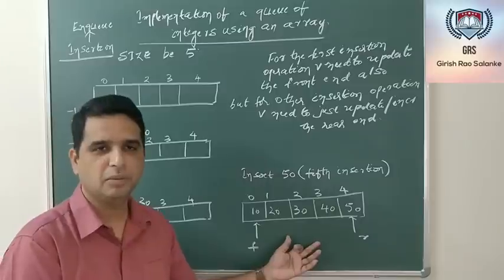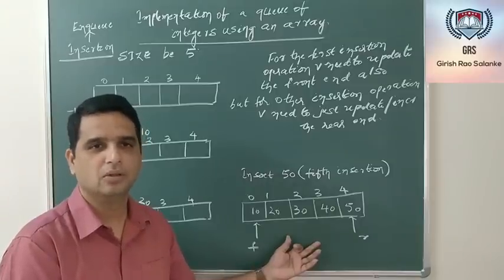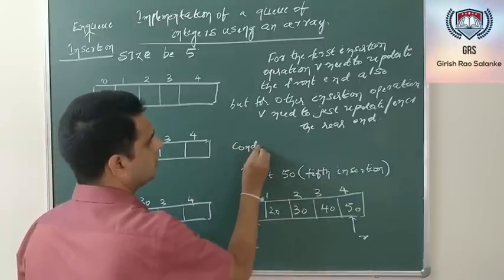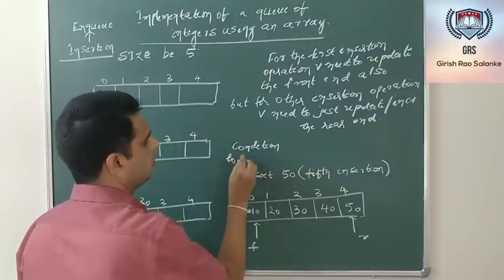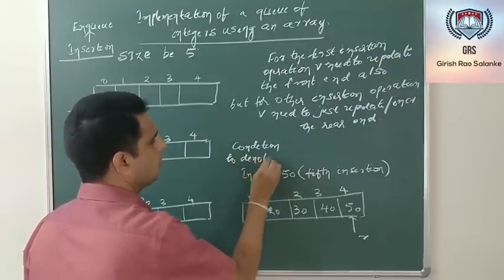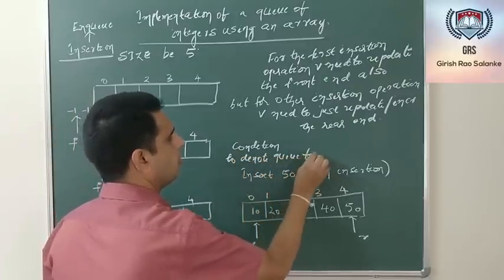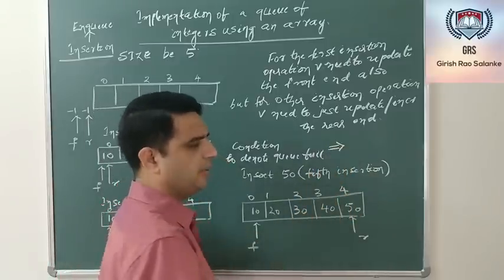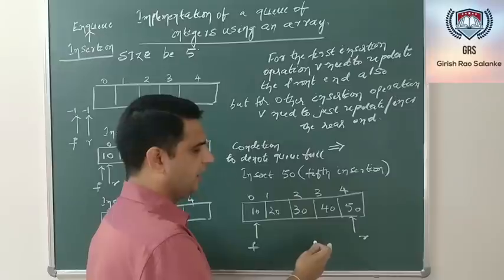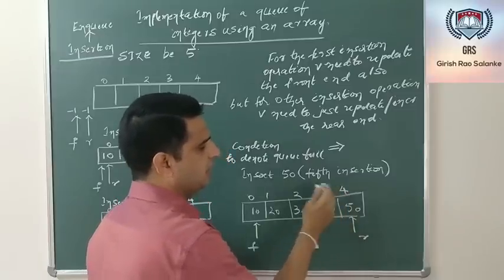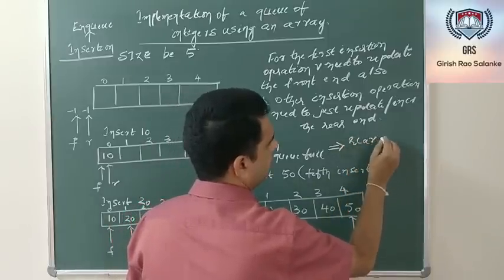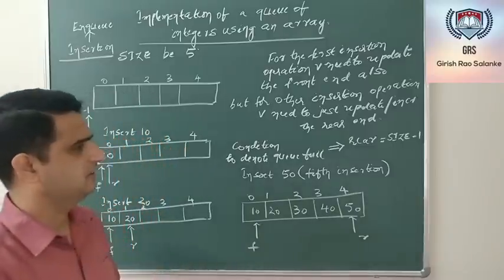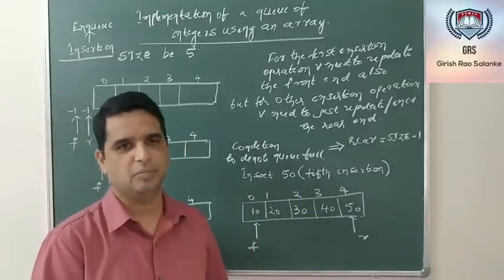Now, onto this queue, is it possible to perform one more insertion operation? No. So, how do we denote that the queue is full? The condition to denote queue full is: if my rear end has a value of R, in this case, I can generalize it as, if the rear end has a value of size minus 1. If rear is equal to size minus 1, then it implies I can't perform further insertion operation.